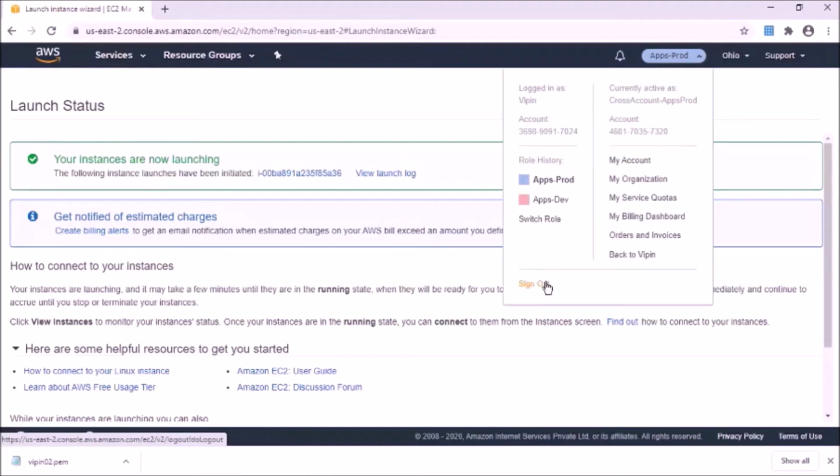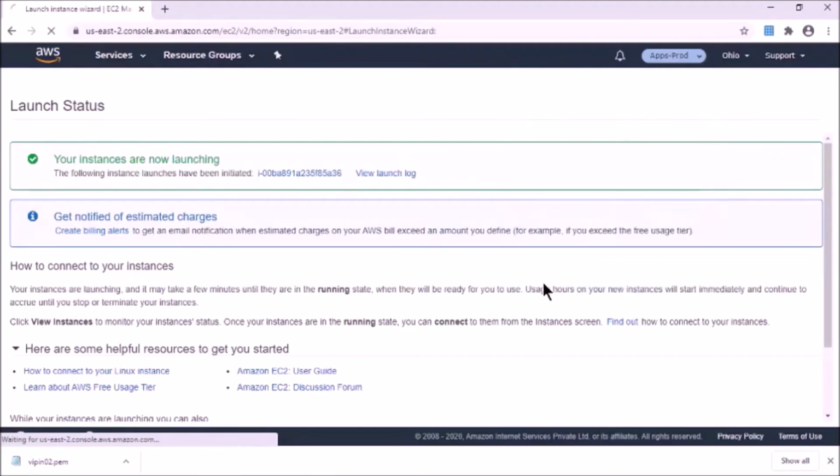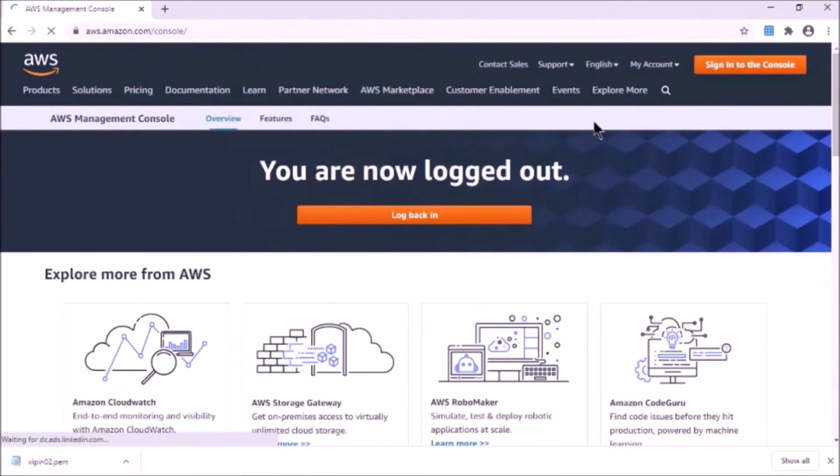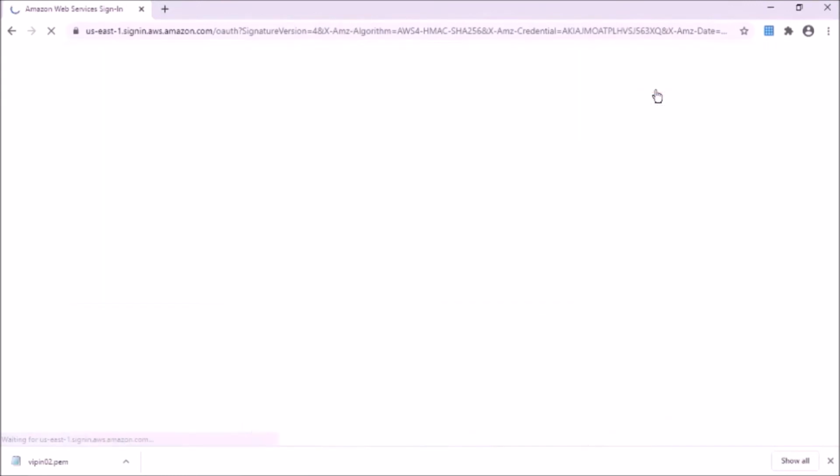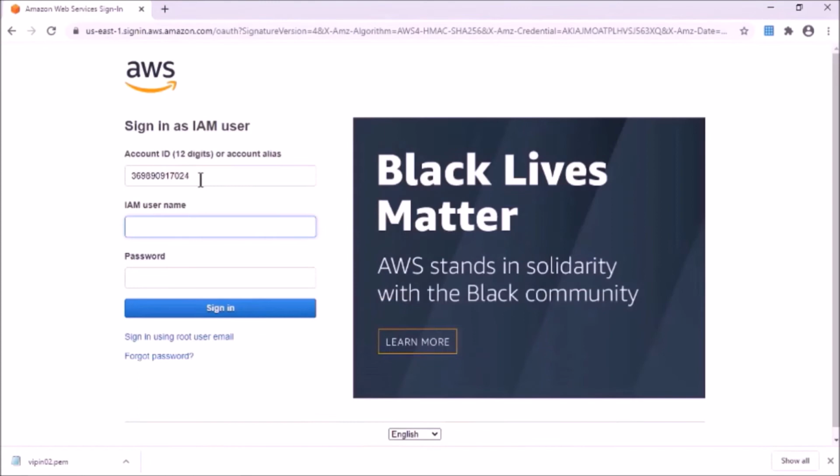I will log out Vipin, and will log into the shared account with the Deepak account. I will log in as Deepak.